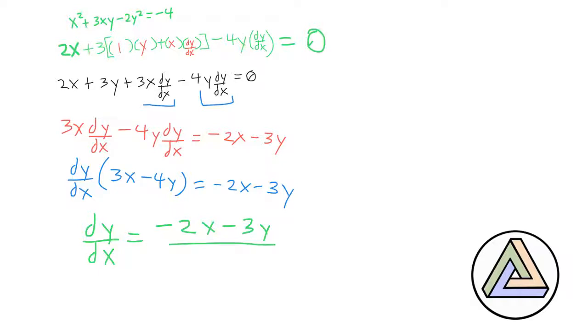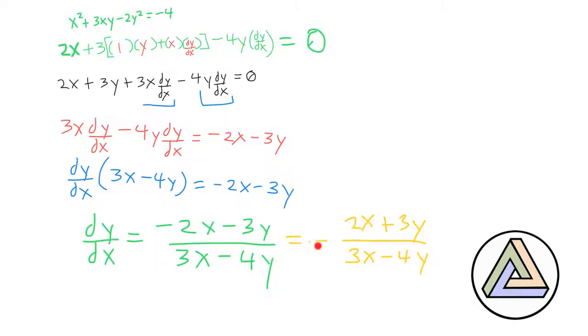3x minus 4y. Now, that is really the answer right here. I would caution you, occasionally the back of the book might represent the final answer as the following. The textbook might represent the answer as 2x plus 3y all over 3x minus 4y with this negative in